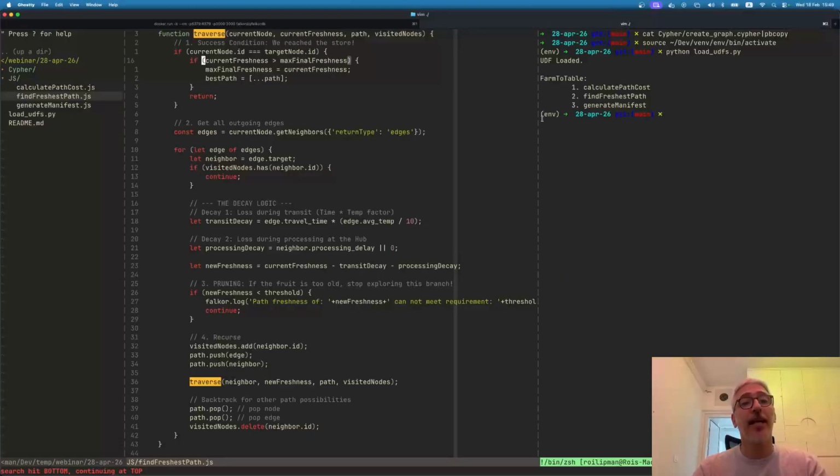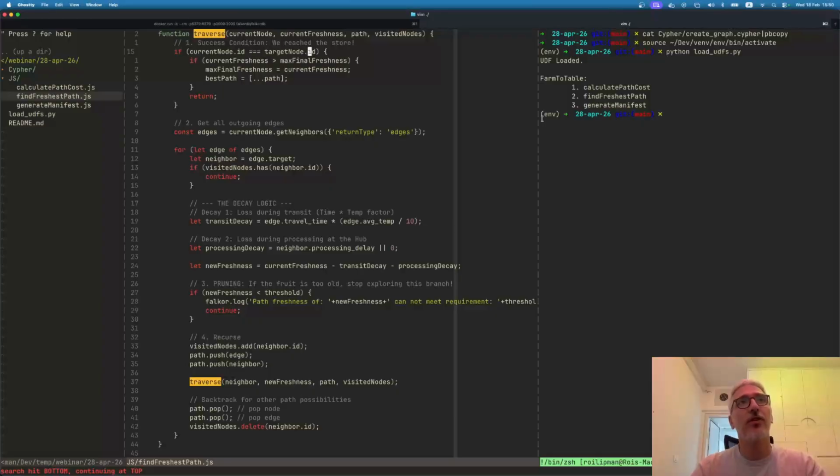And if that's the case, we've reached our target, and we want to see if the current freshness is better than the maximum freshness that we've already found. If that's the case, we've actually found an improved path. And so we update the best path and we return. Otherwise, meaning